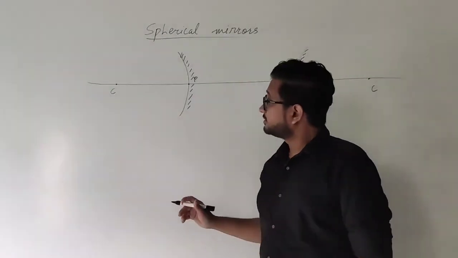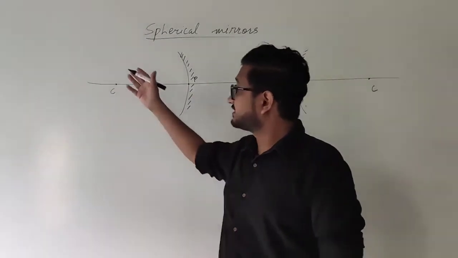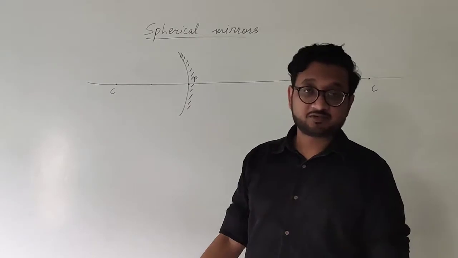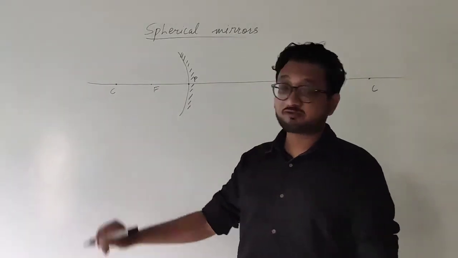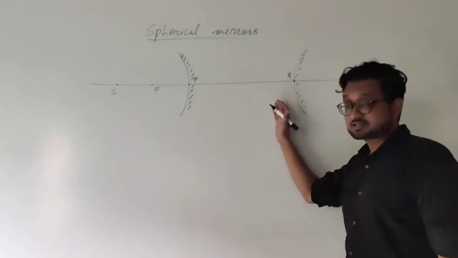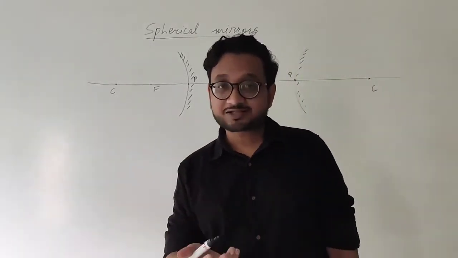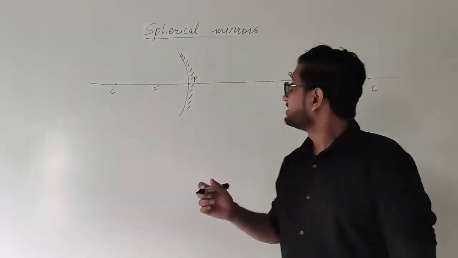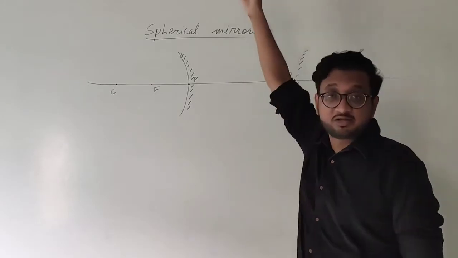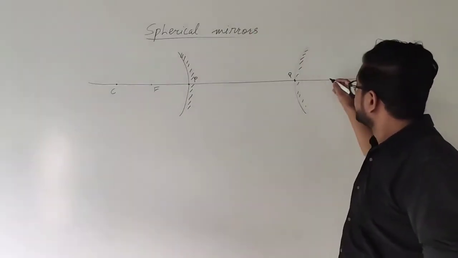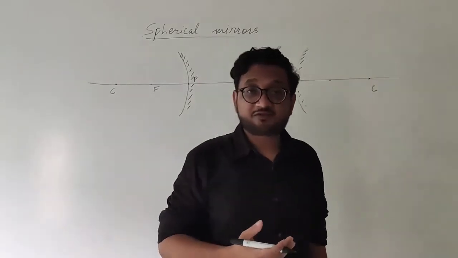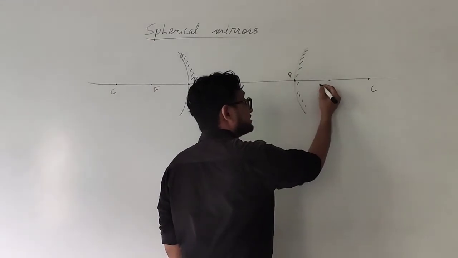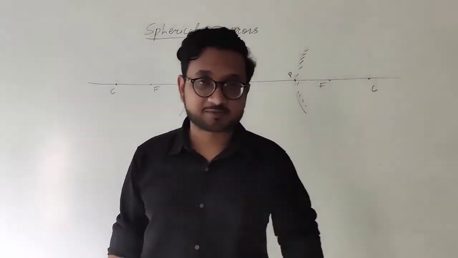Okay? Now, moving further, we know that whenever a ray of light is incident on a mirror, it passes through a point which is called principal focus or focus point. Okay? And in this case, the focus point does not actually create a converging point for the light, because the mirror is a diverging mirror, and that is why the rays of light will diverge. But if we take a dotted line where the rays of light seem to meet the principal axis, then that point is principal focus once again, or focus point.